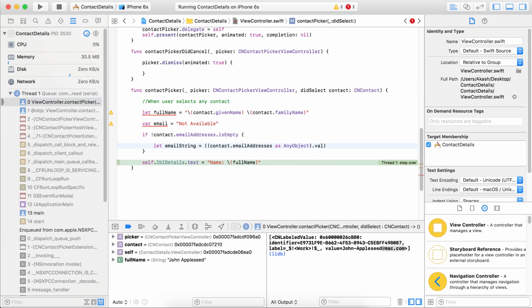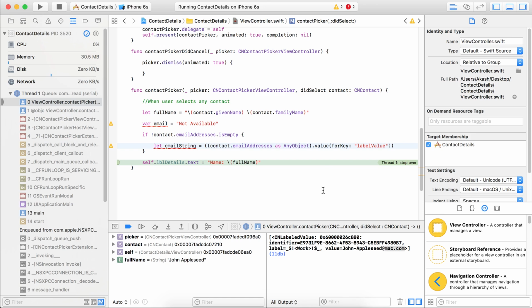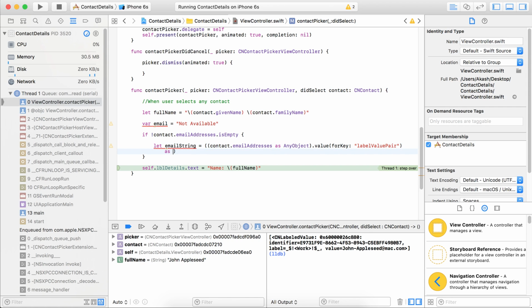and we will take value for key, and here we will give the label value pair. Sorry, I just forgot a little bit. So here is the first thing: you need to get the label value pair, but here again you are not getting the exact John at mac.com. So for that you need to again take it as any object,